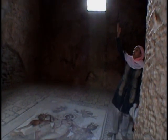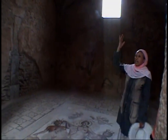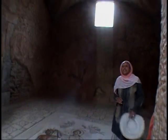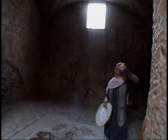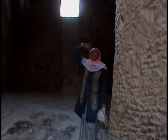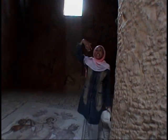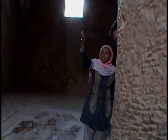You can see the roof usually takes the form of a crossbow, and all the roof of this house is covered with a terracotta paint to consolidate it, because there is another floor upstairs. This is a summer house, used only 3 months. In the other seasons, the other months, they live upstairs at ground level, in winter, autumn, and spring, with the same rooms, another dining room upstairs, other bedrooms, and in the other part of the house, the kitchen, the bathroom,